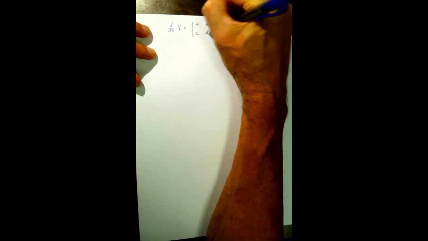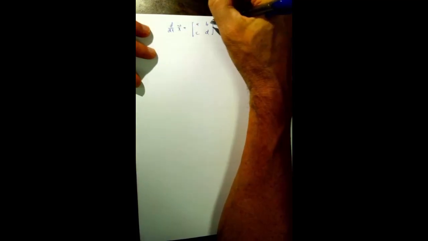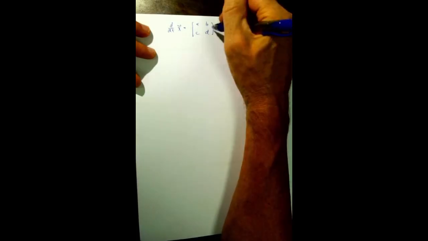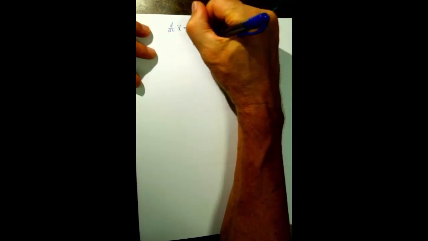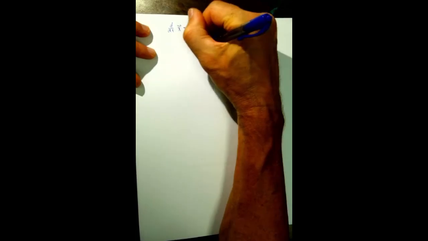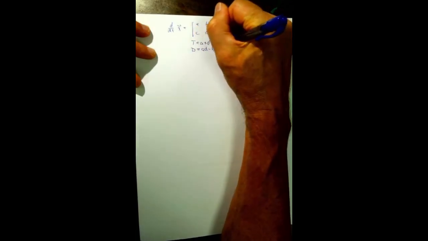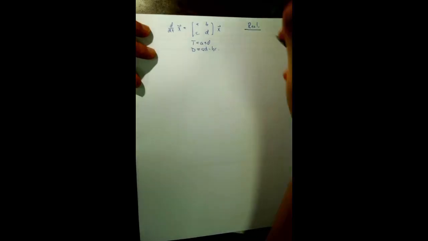So where are we now? We're still with a 2x2 system. Derivative of x is equal to a times x. A is a, b, c, d. My trace is a plus d. My determinant is ad minus bc. I'm now focused on the real case. So in the real case, we know that,